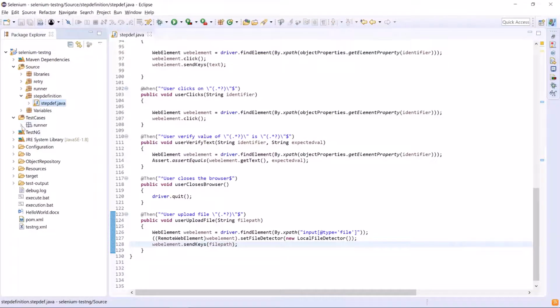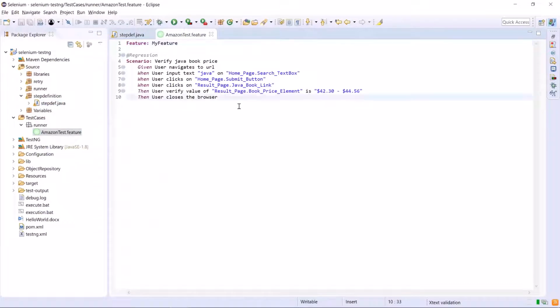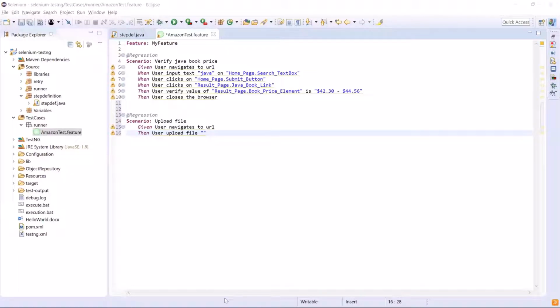Now let's go to the feature file and create a scenario to use this keyword for file upload. Let's create a scenario for file upload where the user navigates to the URL of the file upload page and then uploads the file using the keyword then user upload file, and then we'll pass the file path.